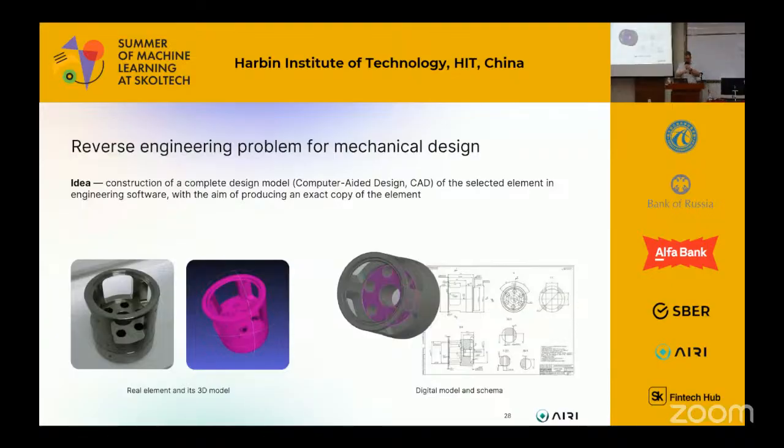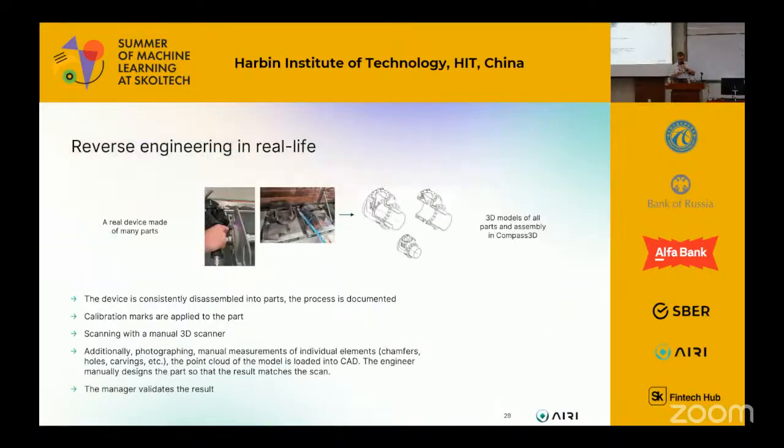We need to have not only the three-dimensional model, but also a lot of technical documents that are generated by this model. And in real life, the process looks as follows. For example, some complex device is broken. It is unmounted and divided into internal parts. So it's deconstructed. We find the place of error, the broken element, and give it to